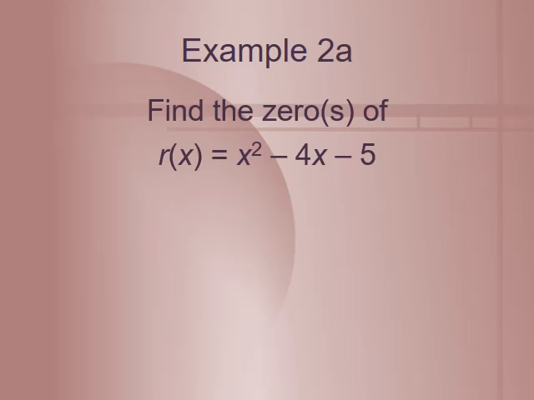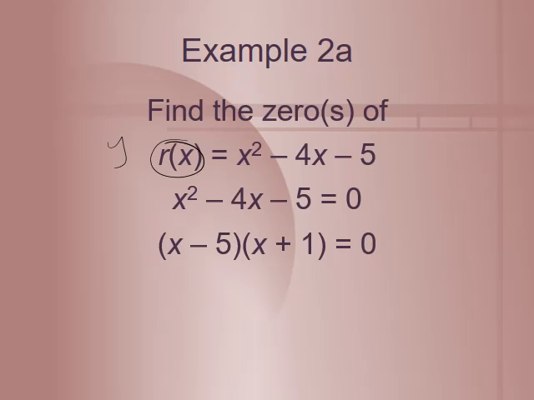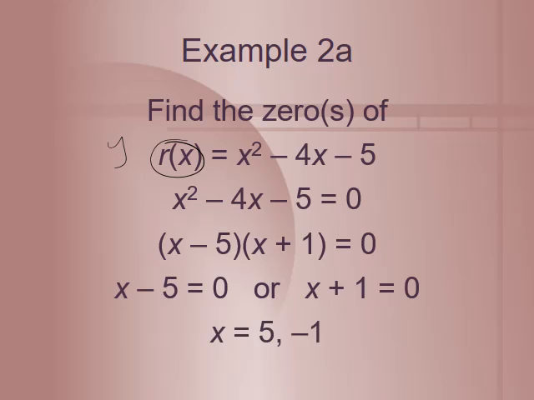So if we want to find the x value, the x-intercept, we're going to change our y to 0. That means r of x is the same as y, and we're going to change that to 0. So then we're going to just solve. And once we factor this problem, we end up with (x minus 5)(x plus 1). So our x value is either positive 5 or -1, which means our x-intercept is either (5, 0) or